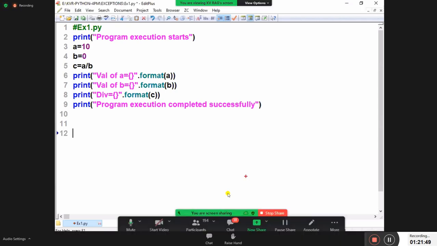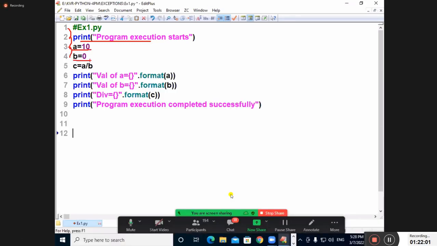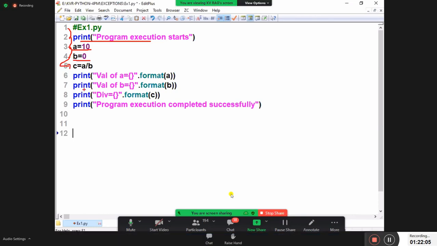Come on, my dear students, start. Line number 2, no problem. PVM successfully understands. Line number 3, no problem, successfully understands. Line number 4 also, no problem, successfully understands the input. Line number 5 comes, PVM got angry. Angry, and don't say angry in an interview. Angry in the sense PVM got what?